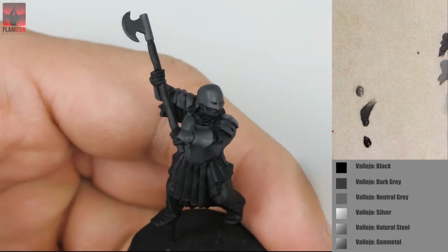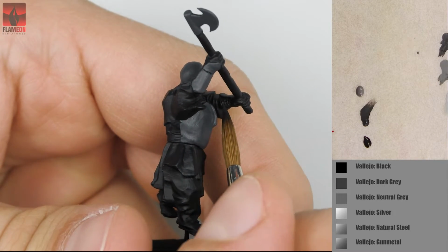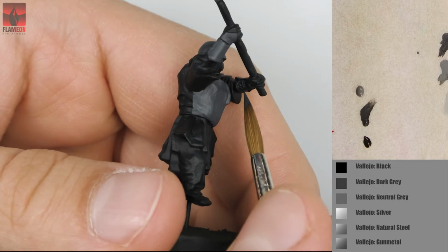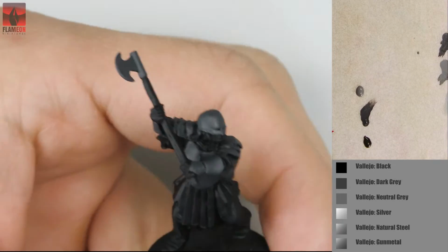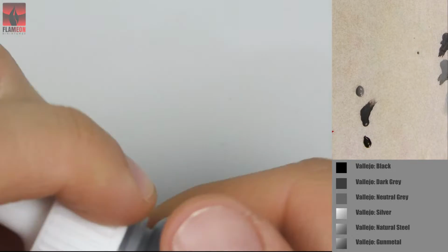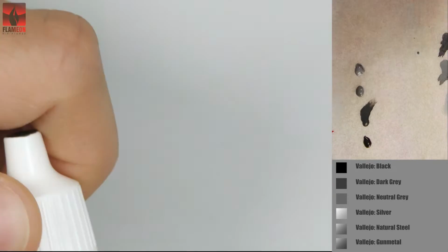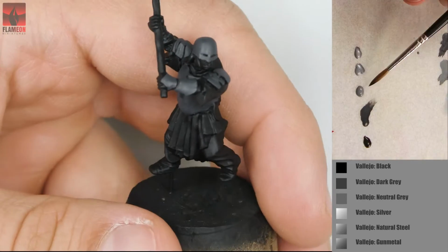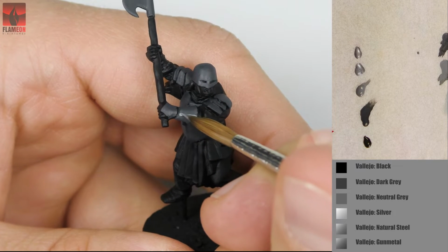So as you can see here, not all, there is still armor on his back. But yeah, some parts of the armor are painted, and I will use, as you can see, gunmetal and neutral steel and silver paint too. You can see them all in the right corner of the video, so there's not much to explain. But I start my work